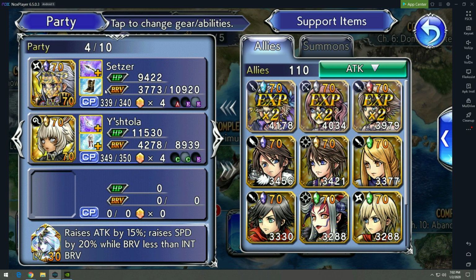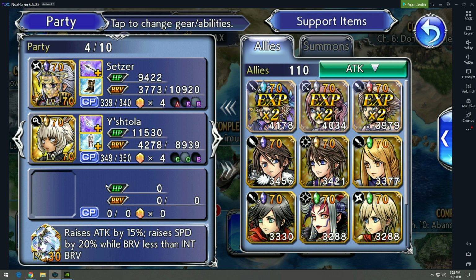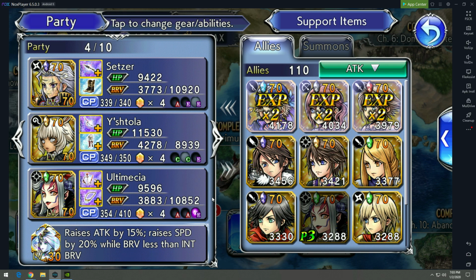So whatever unit you put in this slot right here, that does damage, it's going to be a decent party. I mean, you could put in a favorite here. There's very few units who aren't going to work with Setzer and Y'shtola. With that being said, the one that jumps to mind as just being a power party is if you throw